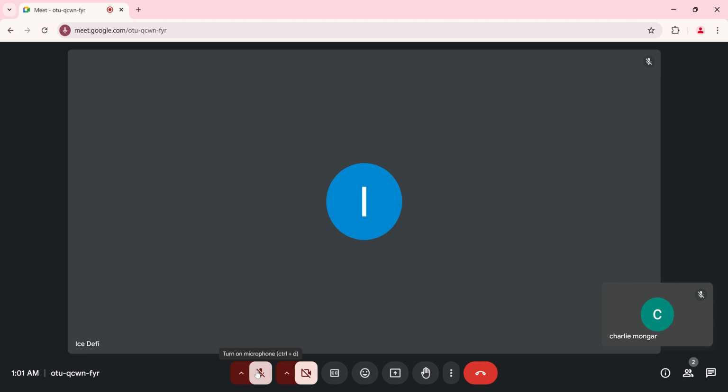and turn on the camera and the microphone if you want your voice to be heard initially. But you can easily change that, and you can click on this place to change it as well if you want to. So now looking at this side, you're going to see captions,